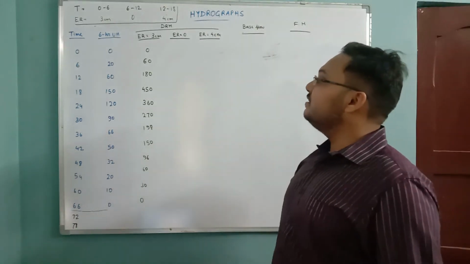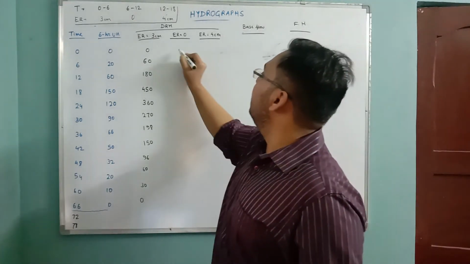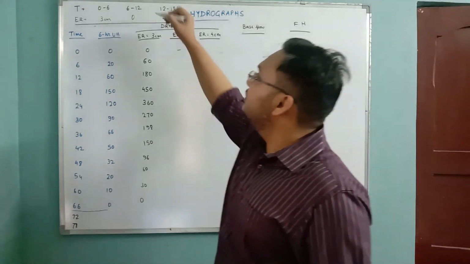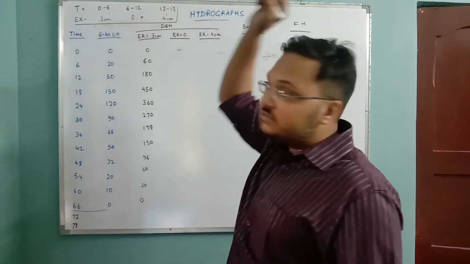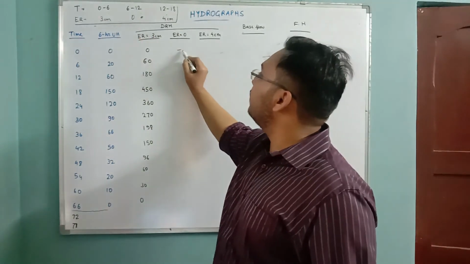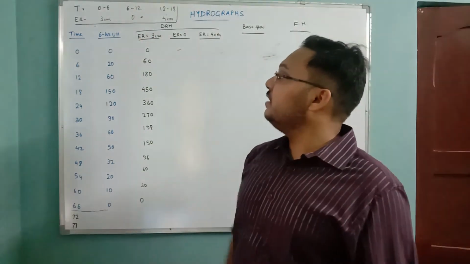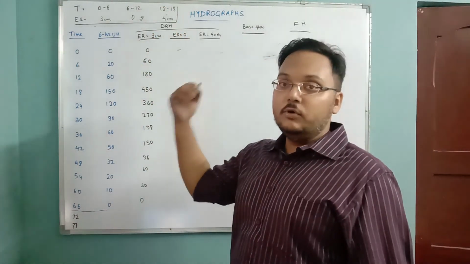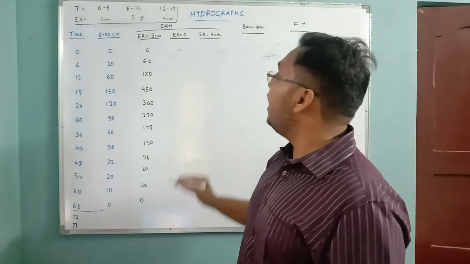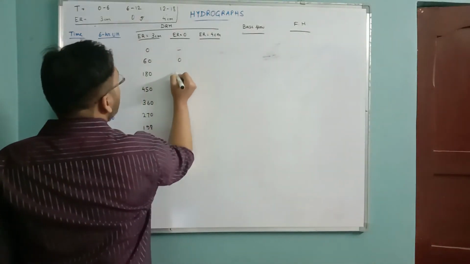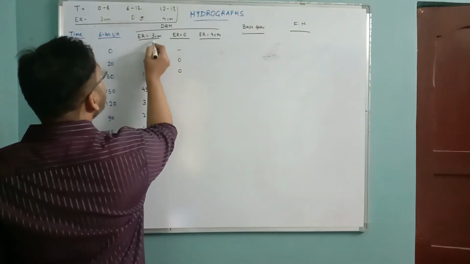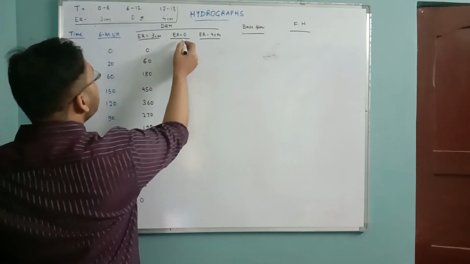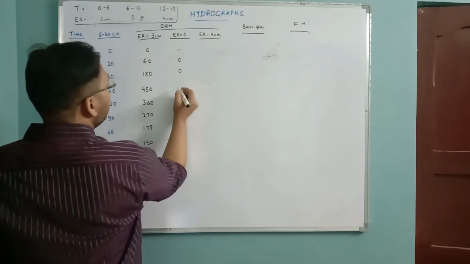Now in the second scenario we will lag it by 6 hours, because this particular rainfall is starting from the 6th hour. So we are going to lag it for the first 6 hours. But the funniest thing is that there will be no contribution from this rainfall, because the whole of it is going to infiltration, and so it will be 0. Because it was 3 centimeter, we multiplied 3 with this one and we got these values. Now this is 0, we are going to multiply 0, and thus it will be 0.